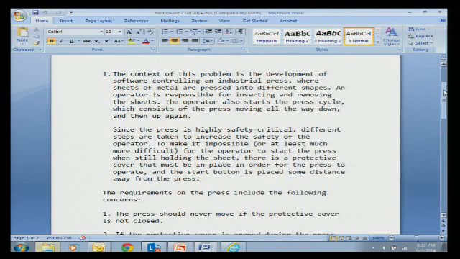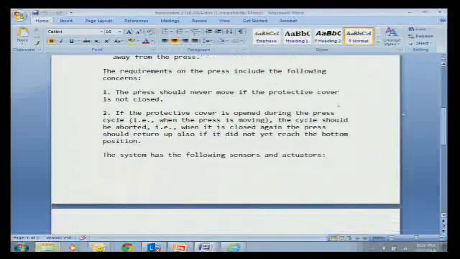It's amazing how much software is really controlling these industrial systems. So this is just one example of this. It's a safety critical system. What I want you to do, I give you a couple high-level requirements, but what I want you to do